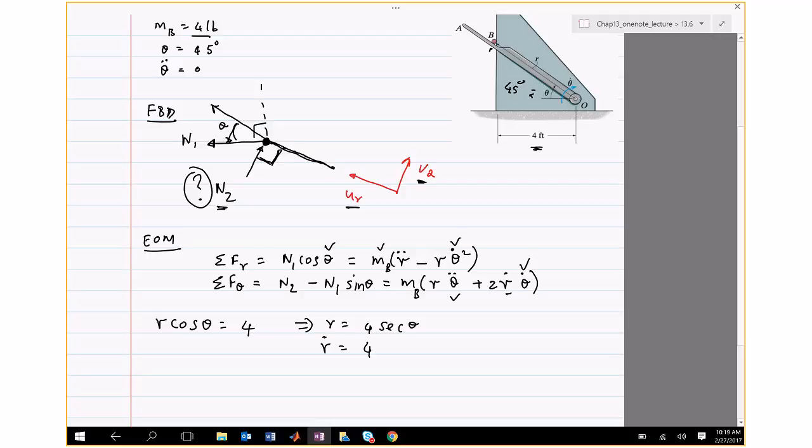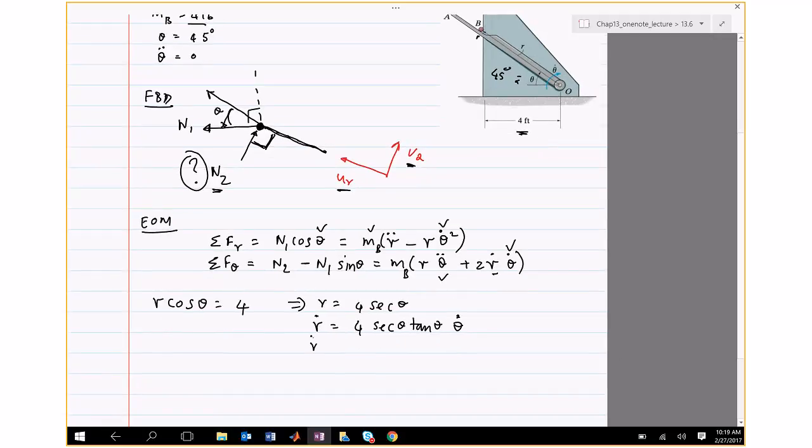It's secant theta tan theta, right? And then you have to take the derivative of theta. And then r double dot is going to be this thing. It's going to be pretty nasty. It's 4 secant theta tan theta times the derivative of theta dot, which is theta double dot,